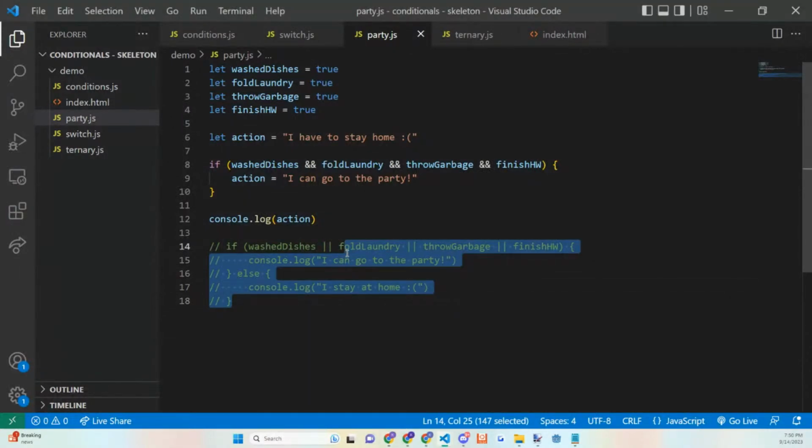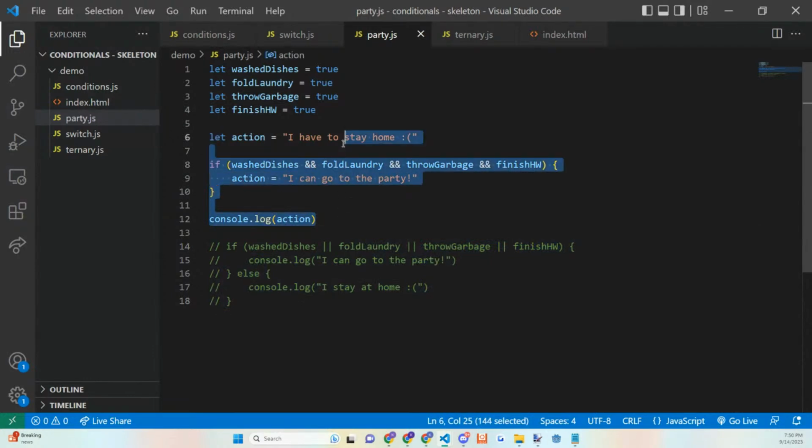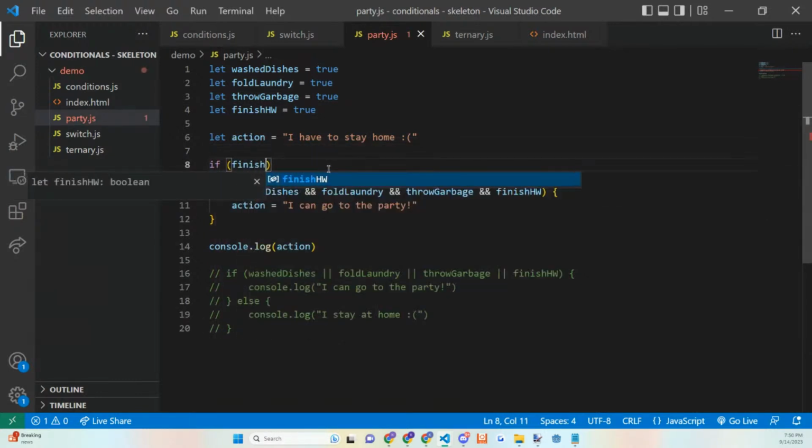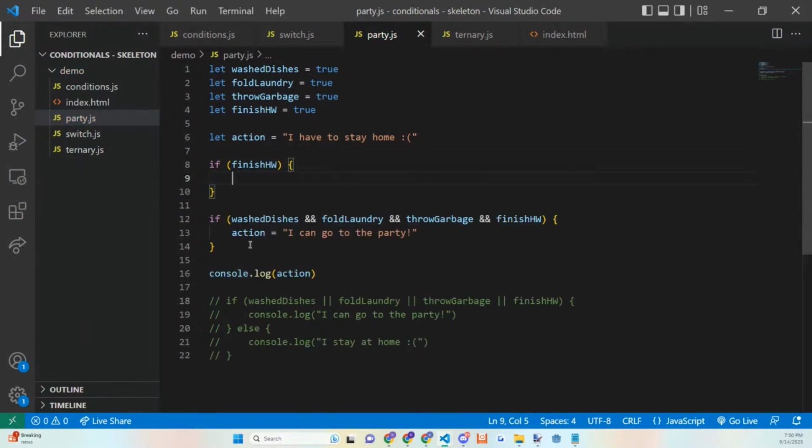Let's comment all this out and have something else to work with. Actually, you know what? This is fine. We're going to instead just simply have another condition here saying if finish homework, then we do something, right?